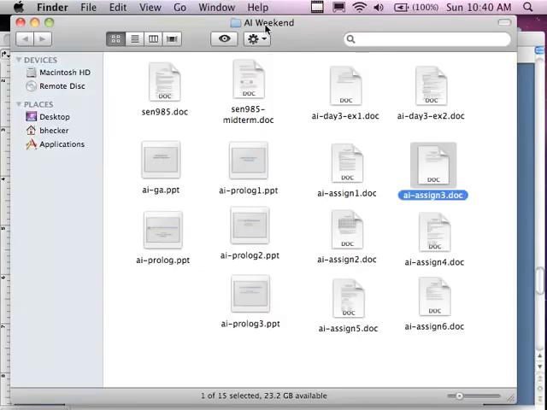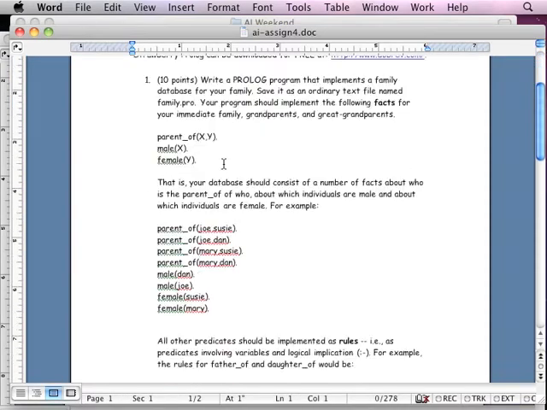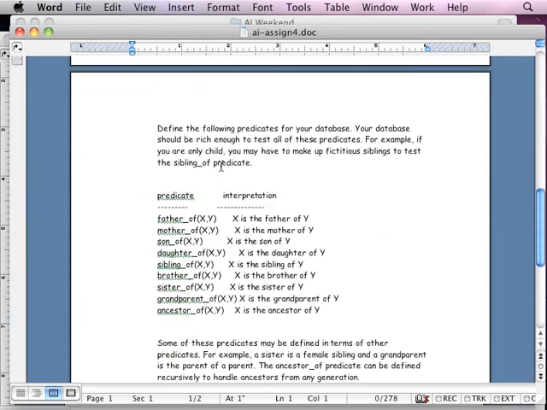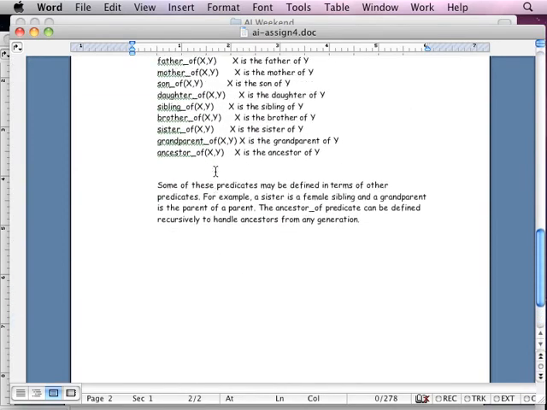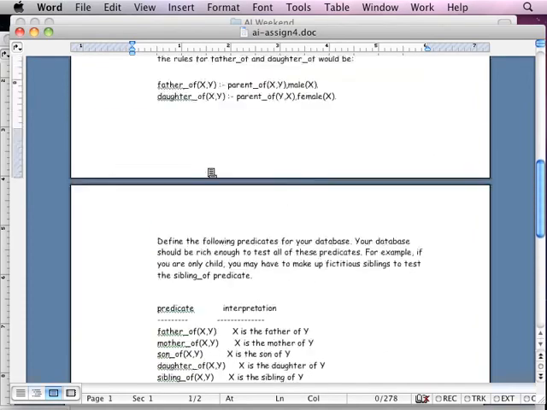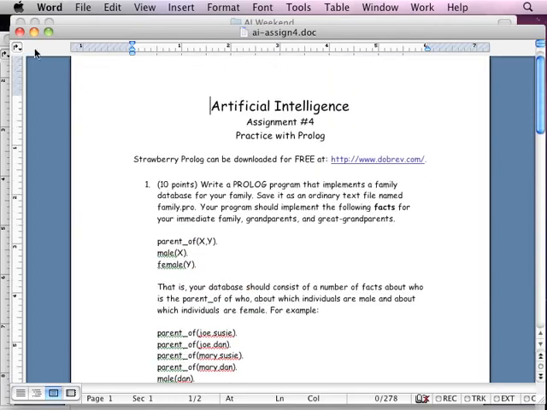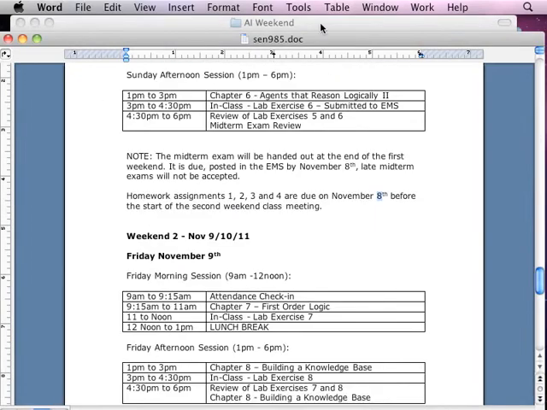Assignment number 4, last but not least, can we keep the volume down so I don't have to yell, is on Prolog. And Prolog I'll be talking about after lunch today. So we'll be having everything you need to know for Prolog. And the assignment itself seems kind of long, but it's really just a description of Prolog. And then at the end it's going to ask you to put together a family tree that's associated with it. It's not too hard, actually. It's pretty easy. So the assignments for the course are rather easy.